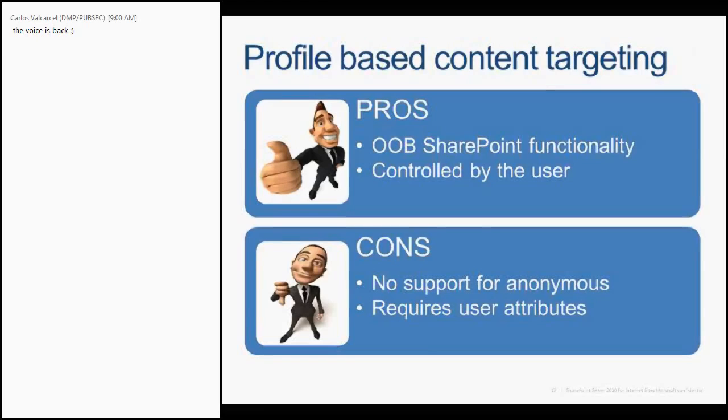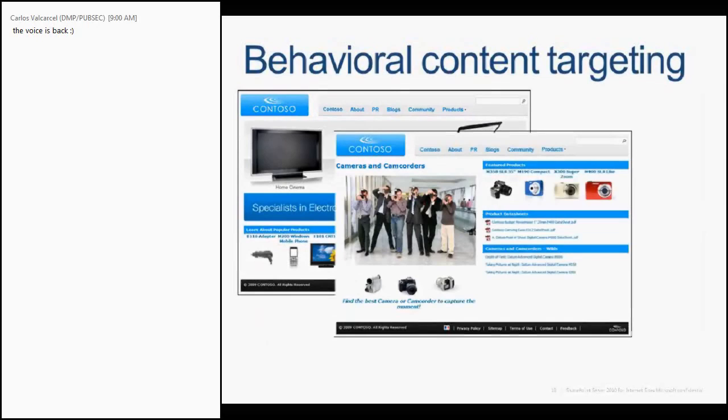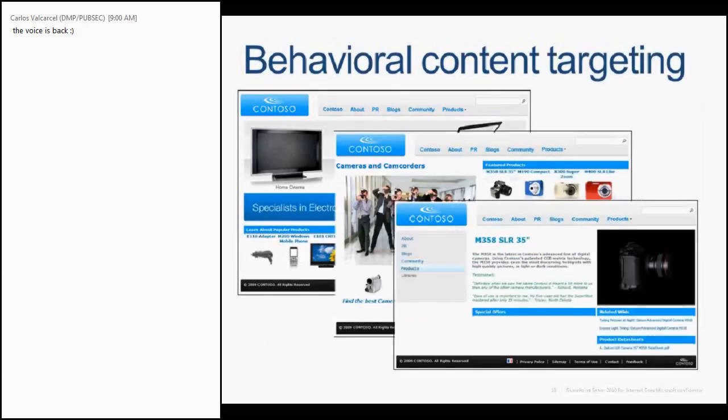And so this is where we introduce this concept of behavioral content targeting. This is where we're going to use the SharePoint Marketing Suite from Inlock to provide personalization based on what the user is actually doing on the site. So instead of logging onto the site, we're going to click and navigate through the site. I'm going to navigate to the product section, and then from the camera and camcorder section, I'm going to pick a camera, and that is going to trigger the event that says that user is interested